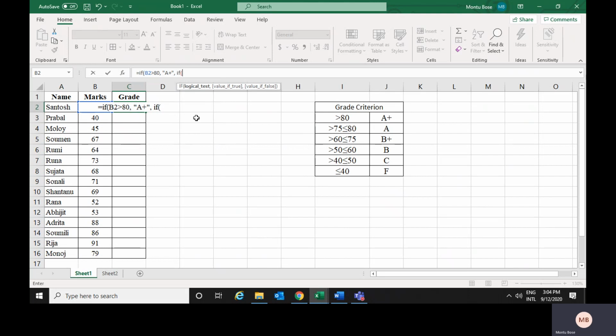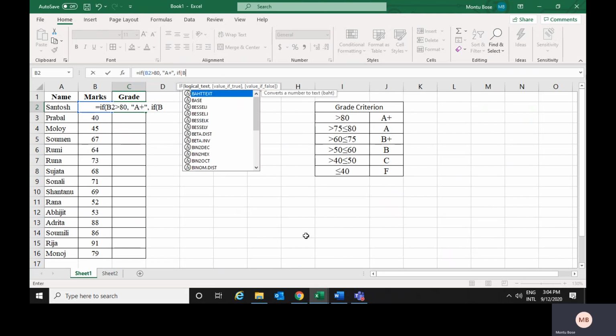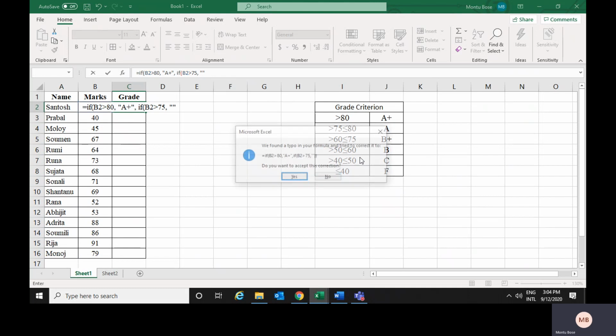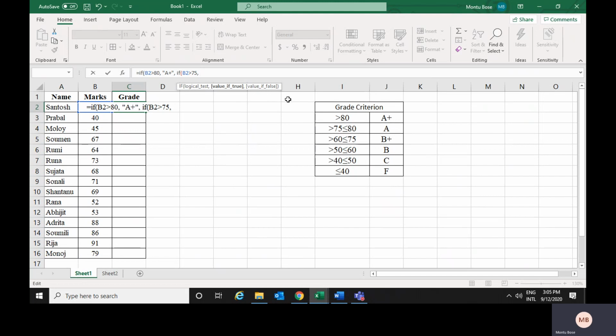If again the same cell, that is B2, is greater than, now I would check, if it is not greater than 80, whether it is greater than 75 or not. So greater than 75. If it is greater than 75, then it would be A grade, within double inverted commas.